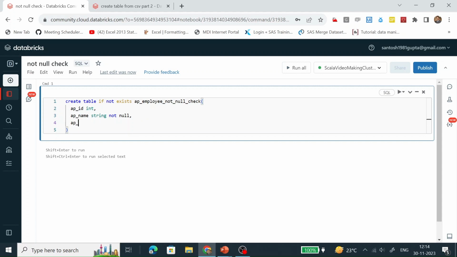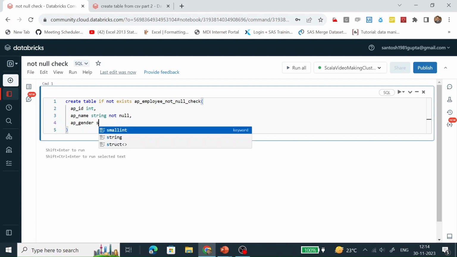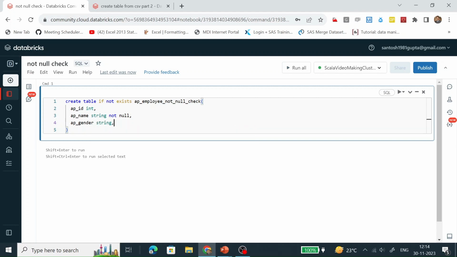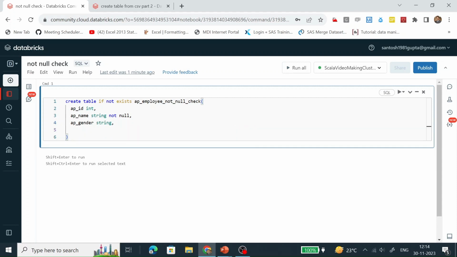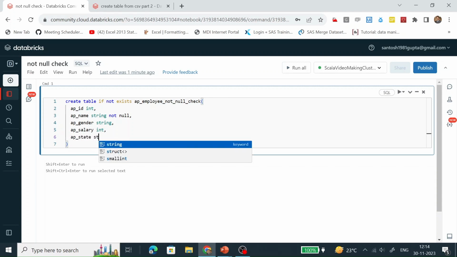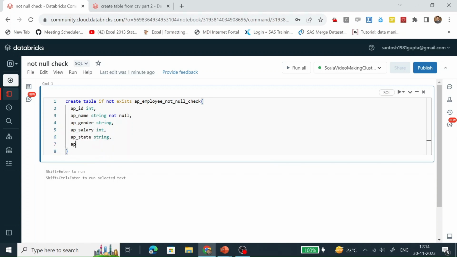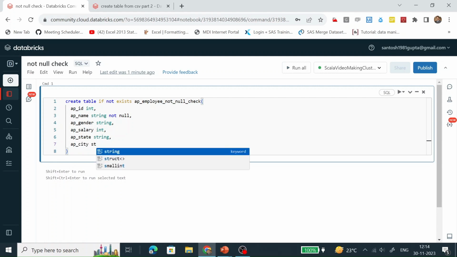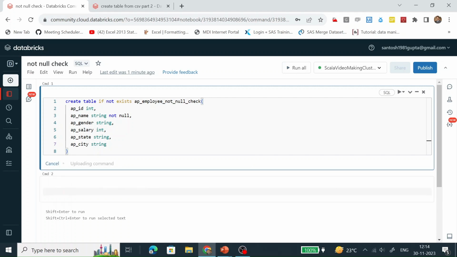Then AP gender is of string type, then AP salary is of int type, then AP state is of string type, and AP city of string type. Let's run it.